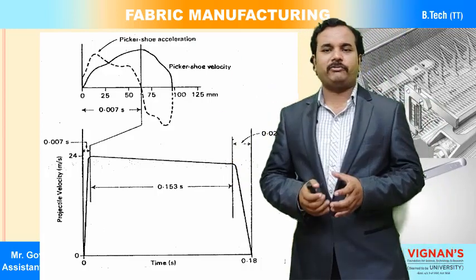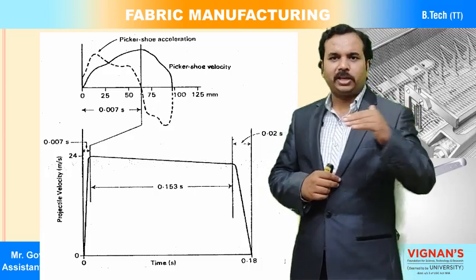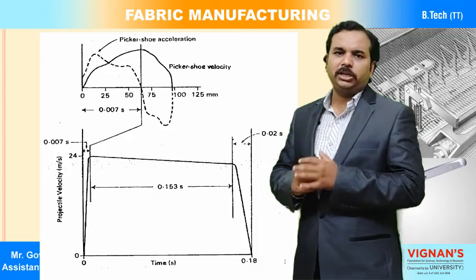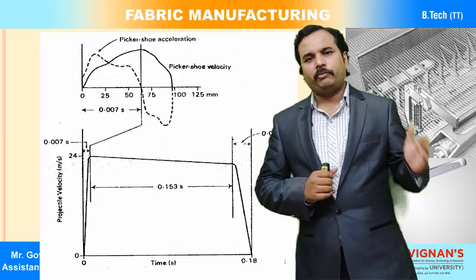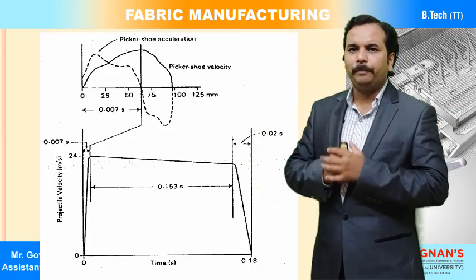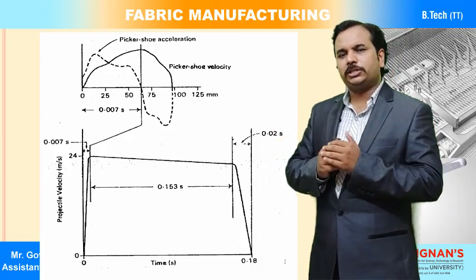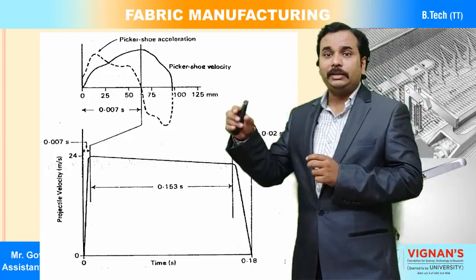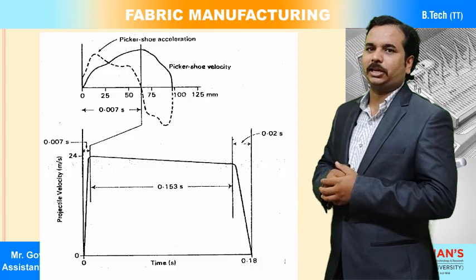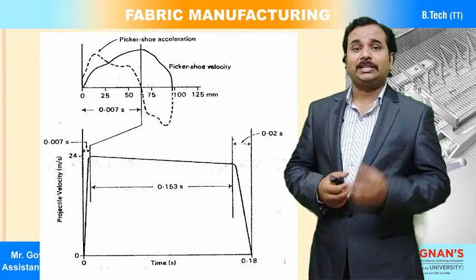The sudden acceleration from 0 to 24 continues because the weft is inserting. Slowly, up to the edge of the shed, from one side to the other side, when it reaches the other side there is a small change in the projectile velocity. The projectile velocity drops slightly, then a deceleration occurs at the time of receiving and checking. So again, on the receiving and checking side, we have a sudden deceleration.